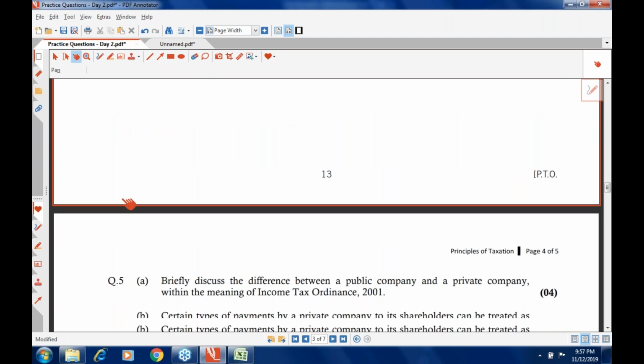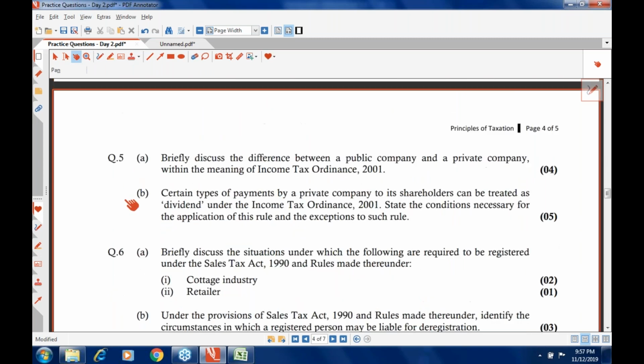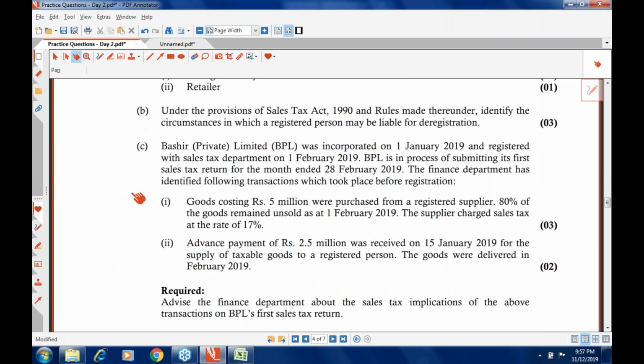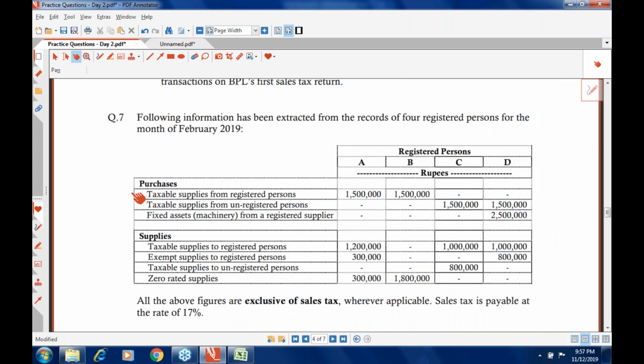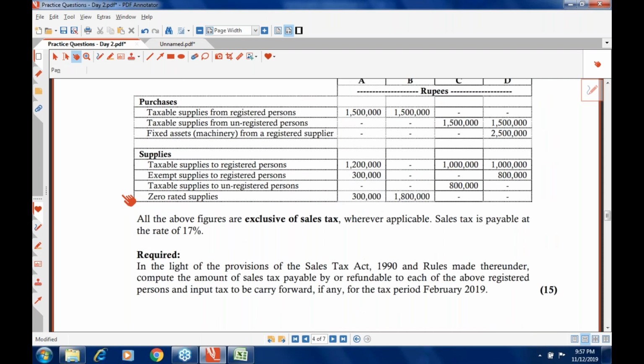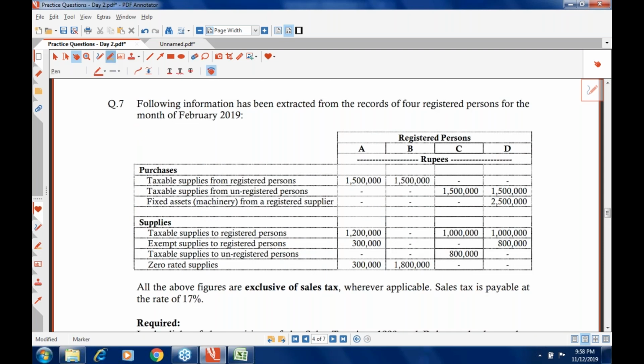Okay, now let's move forward. Now what I'm actually going to do is that you have the handout with you. I'll be attempting one of the questions, and that is from the local qualification, a similar type of paper to the F6 taxation. So this is one of the questions that I shall be attempting, and let's have a discussion about it.